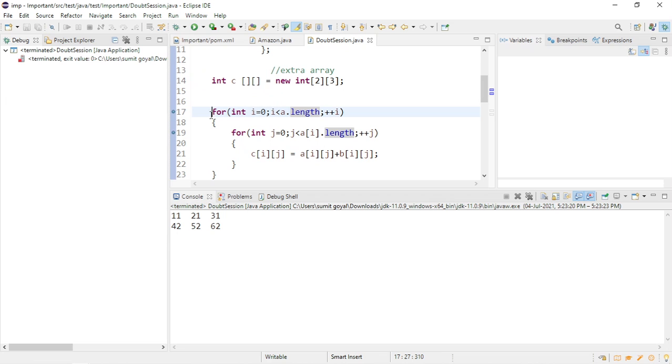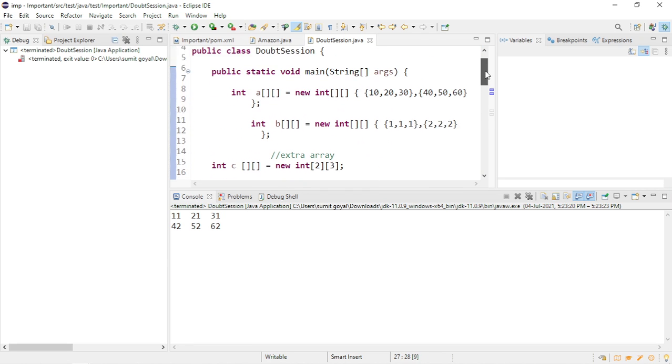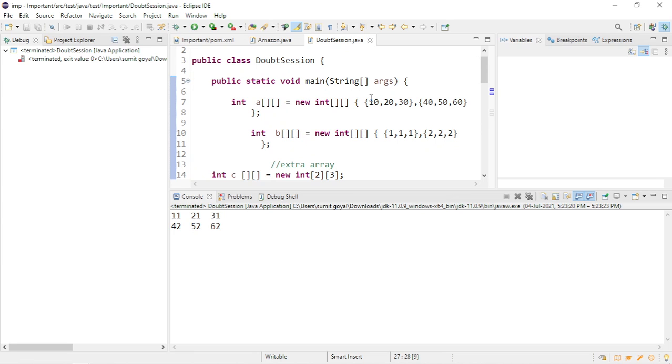Otherwise you need to change the value here every time, because the array will keep on changing. Similarly, if you add a few more rows, that will also work fine. So this is how we can add two matrices, or two arrays, in Java. Is it clear? Any doubts in this question?